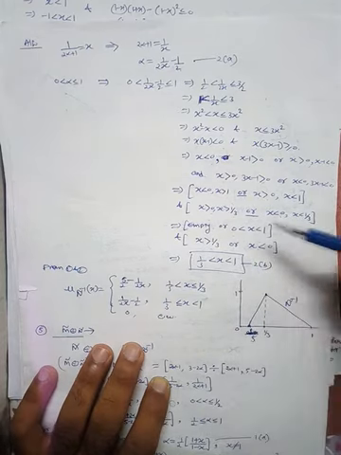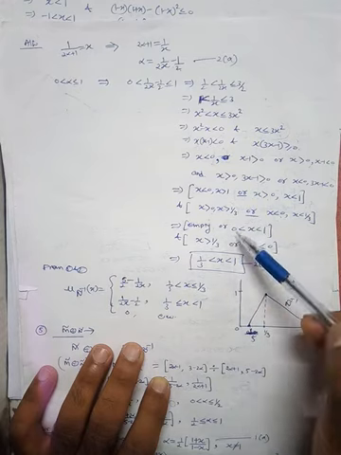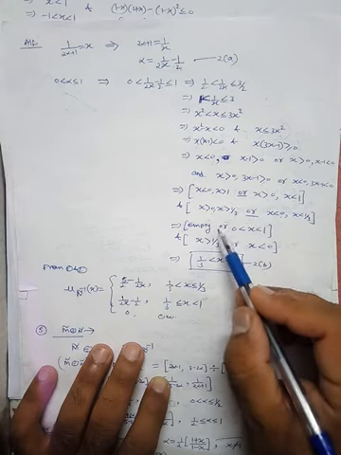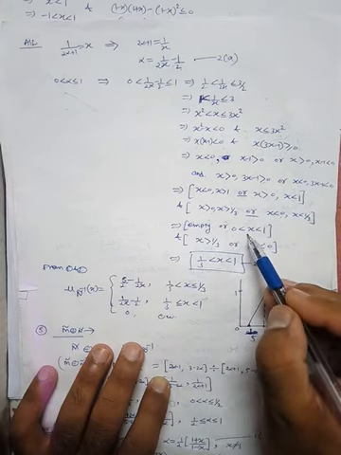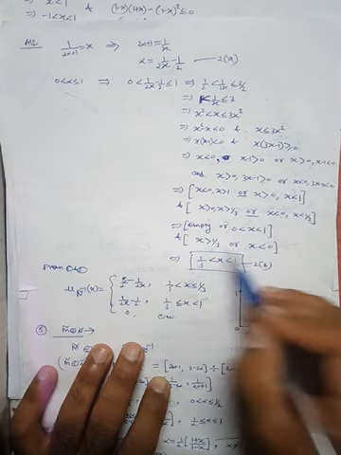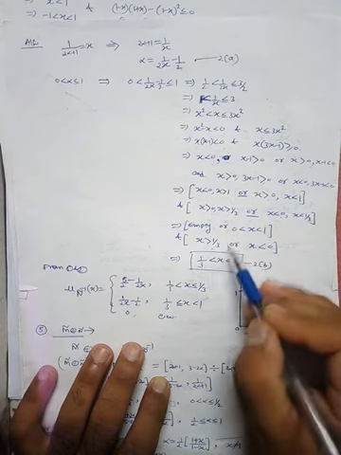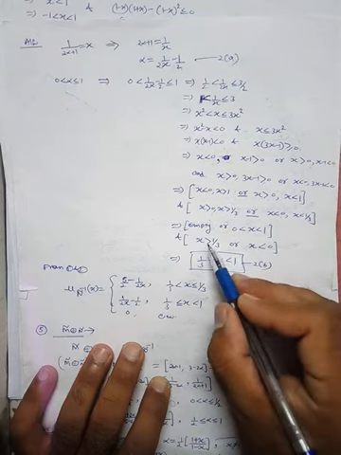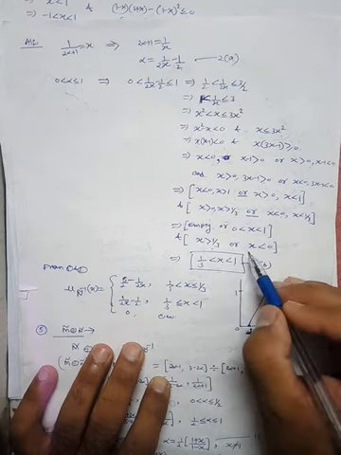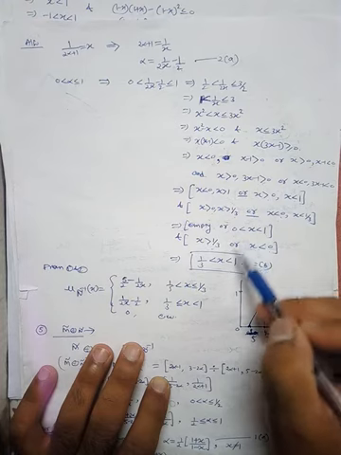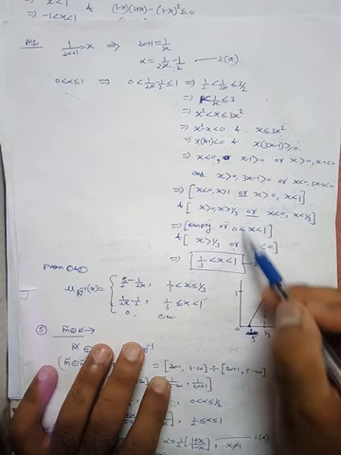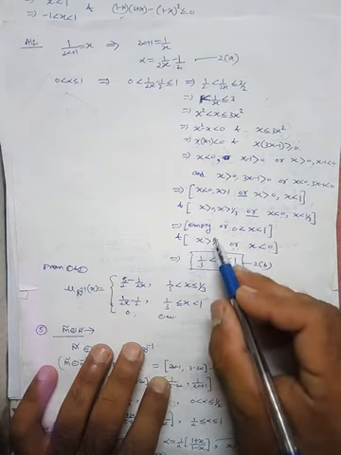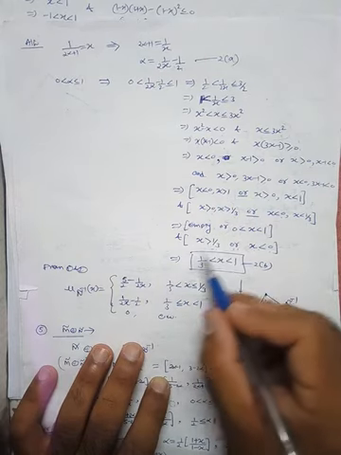Now take the common part from the first and second part, because OR is there, so obviously the union of these two will be 0 less than x less than 1. Now from the third and fourth part, OR is there, so here the union, this says that x is greater than 1 by 3, this says that x is less than 0. But when you are taking the intersection of these two statements, obviously the better option will be just take x is greater than 1 by 3 and less than 1. So this is the option.